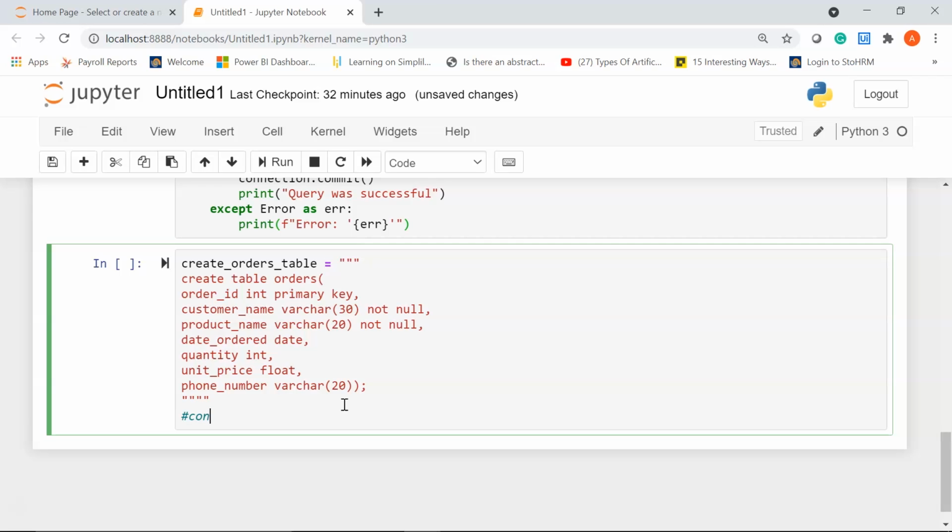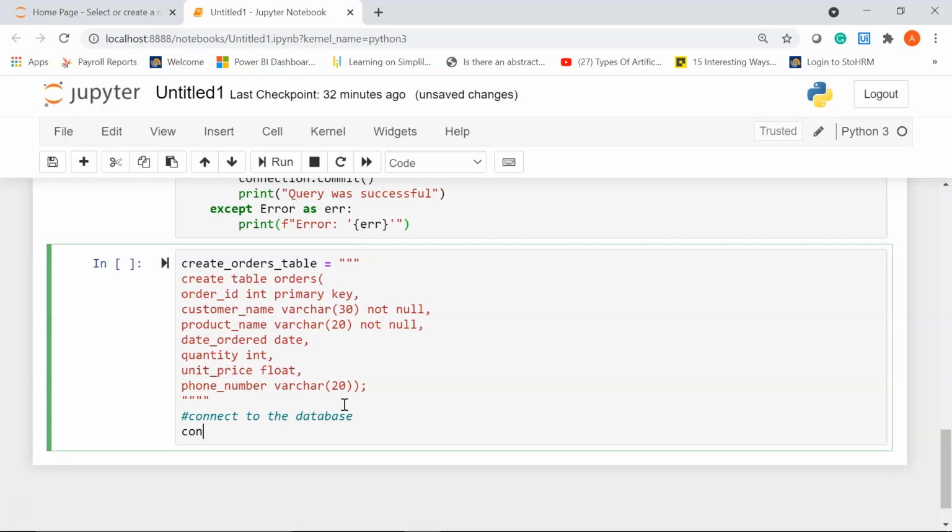So let me give a comment as connect to the database. I'll write connection equal to create underscore db underscore connection. My parameters would be my host name, which is localhost, my username, which is root, comma, my password, and then my database name, which is mysql underscore python. So I'll write just db.